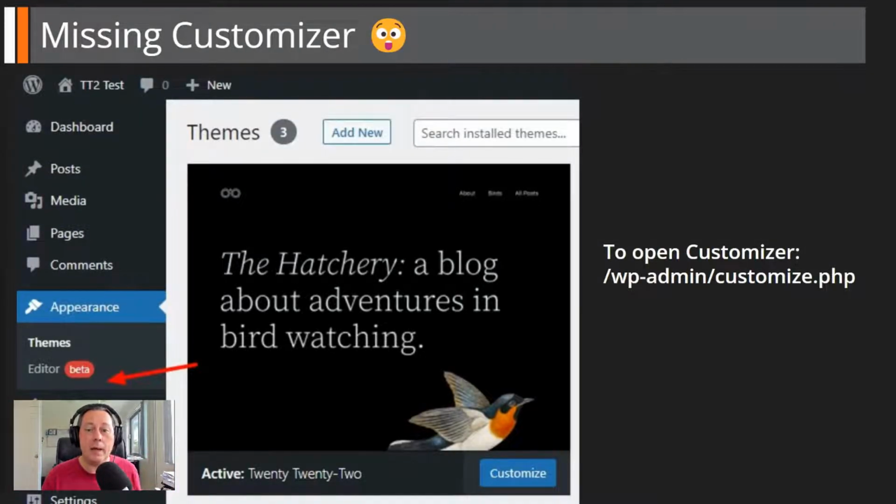Okay, now, I understand that the editor is kind of beta, it's new, and it's meant to replace certain functions that live in the customizer. So when you install 2022, the customizer link actually disappears. Now that might be a bit of a change for people, and I'm not 100% keen on this idea,